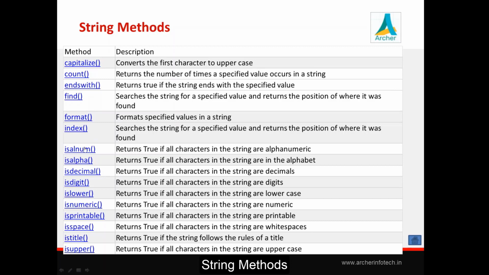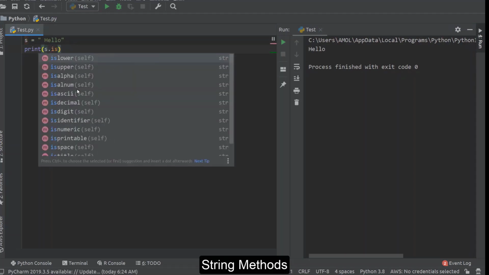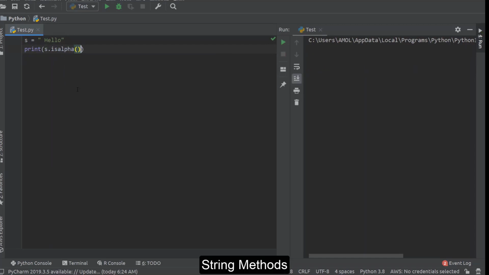Another group of methods we'll see here. You can check there are various is kind of functions, like isalnum, isalpha, isdecimal, isdigit, islower, isupper, isspace, istitle. All these is kind of functions return true or false depending on what kind of character or substring we are checking. Like here you can say isalpha. What is isalpha? Returns true if all characters in the string are alphabetic. Suppose we call this isalpha function on our string. It returns false because this string contains a space also. If I delete this space, it will say true because all characters are alphabetic characters.